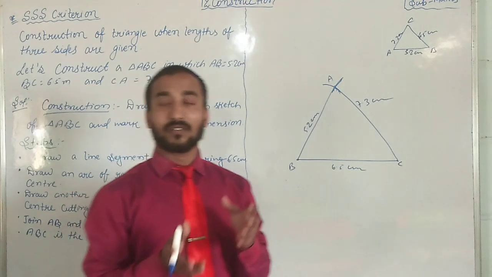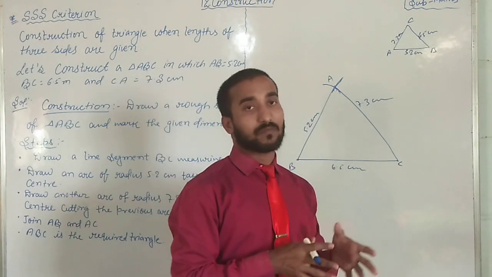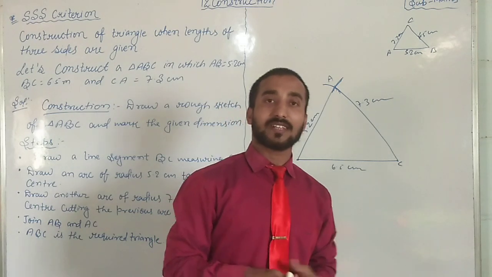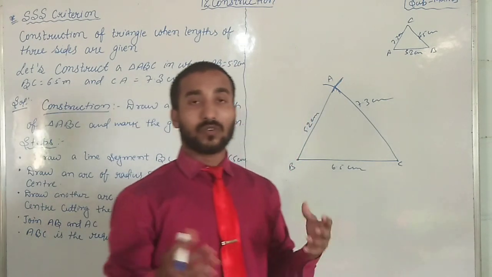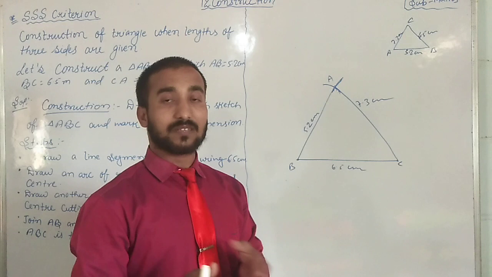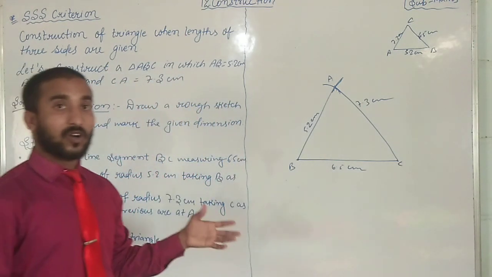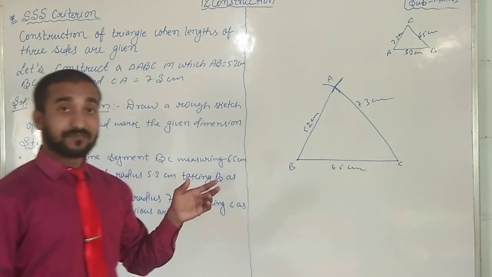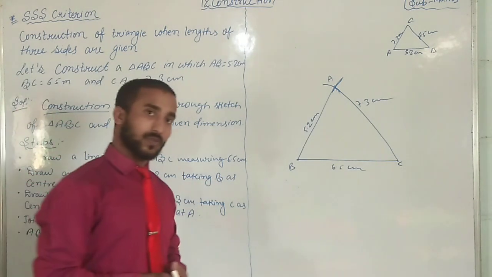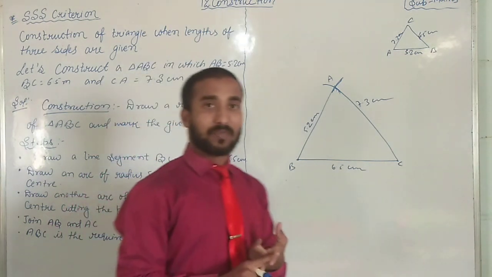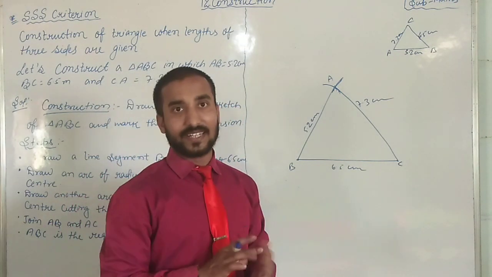Why? Because what chapters were completed in geometry: lines and angles, congruency, triangles. All these things we have already studied. So by applying all these processes as well as concepts, you will be able to construct a triangle with the help of a compass too. Have you understood? Here is the method of compass, ruler, pencil, and eraser.